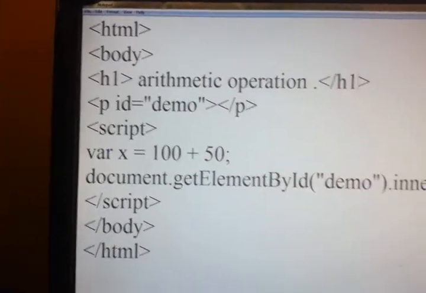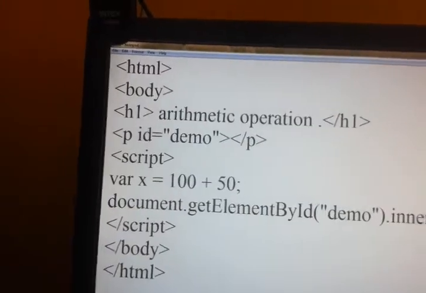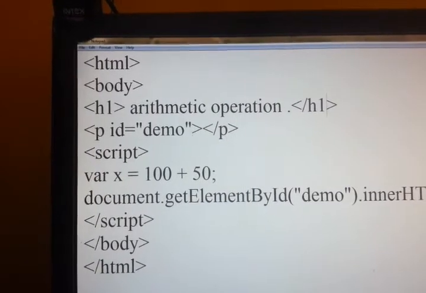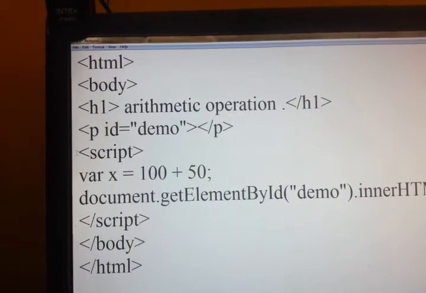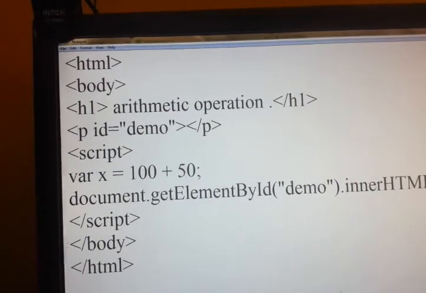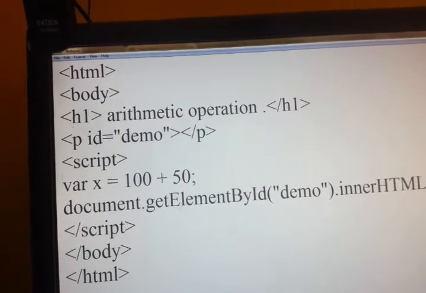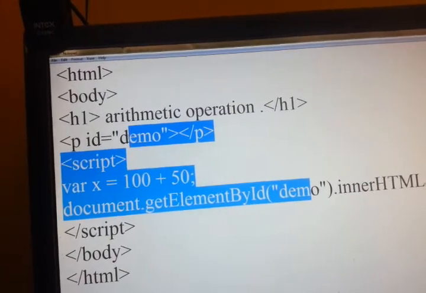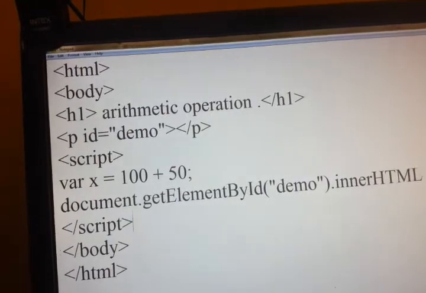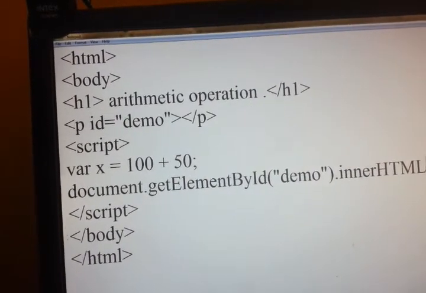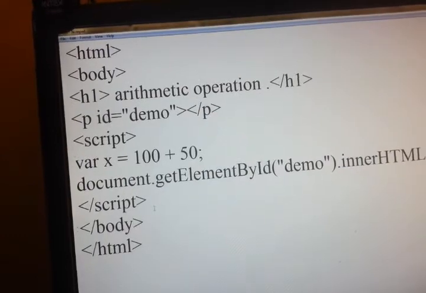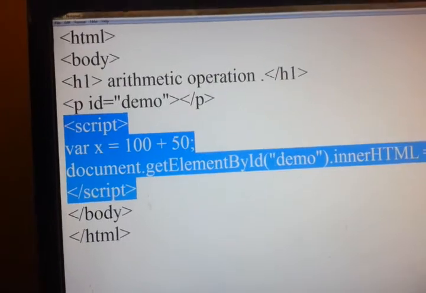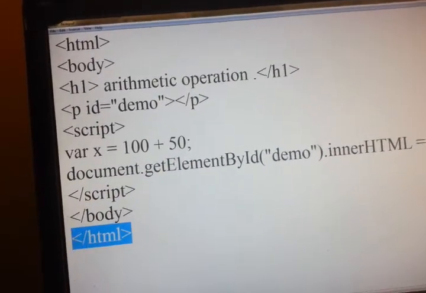Now we'll run it. What we have written is html, body, h1 as arithmetic operation, then close h1 tag, p id is equal to demo, /p, and then open script, variable x is equal to 100 plus 50, document.getElementById demo. This demo and this one should be the same, but innerHTML is equal to x. Then /script, the script tag is open, we have to close that, then closing body and closing html.